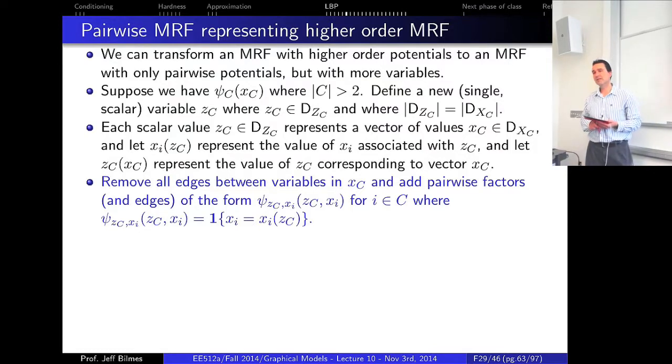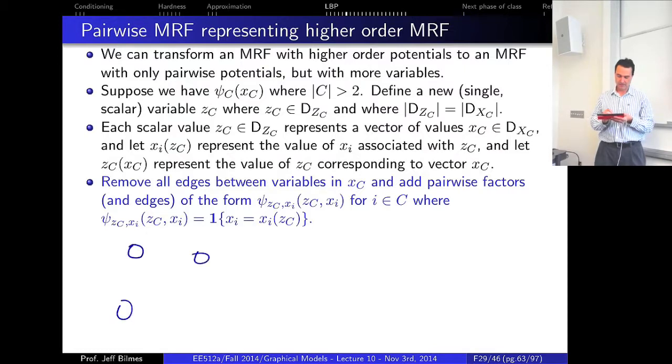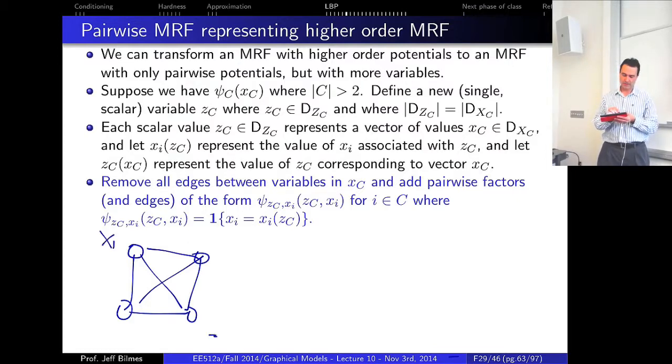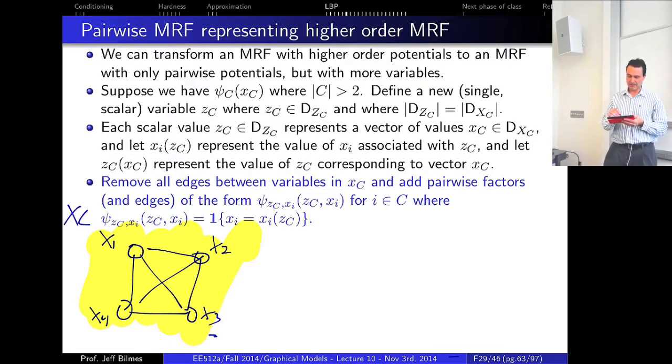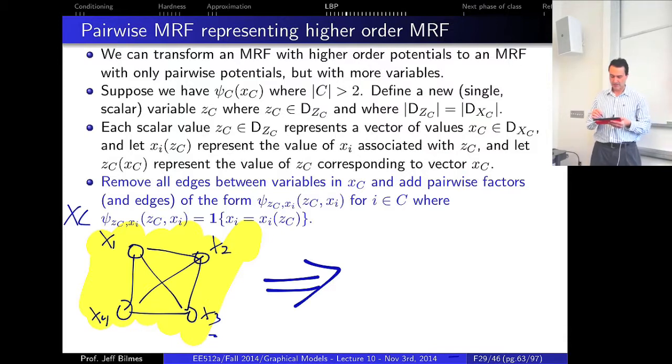So in order to do this reduction, let's say we start with a clique. So the idea is that, let's say this is x1, this is x2, x3, and x4, and all of this stuff together constitutes x sub c. And what we're going to do is reduce this in the following way. We're going to add pairwise factors between each one of the variables in the original C and this new variable z sub c. So that means we're going to change this to something that looks like this,